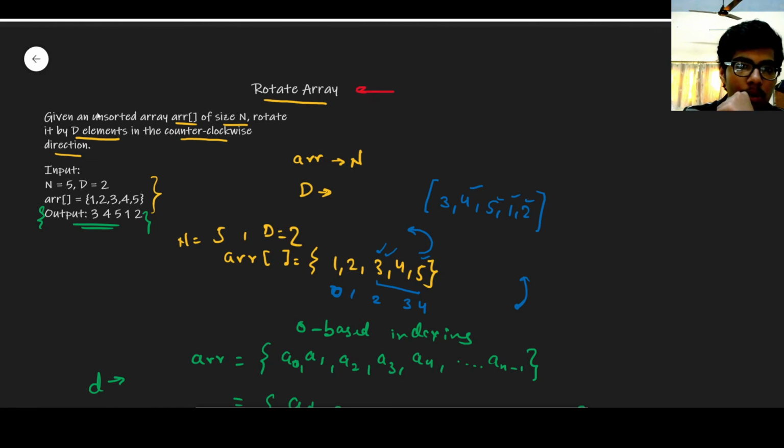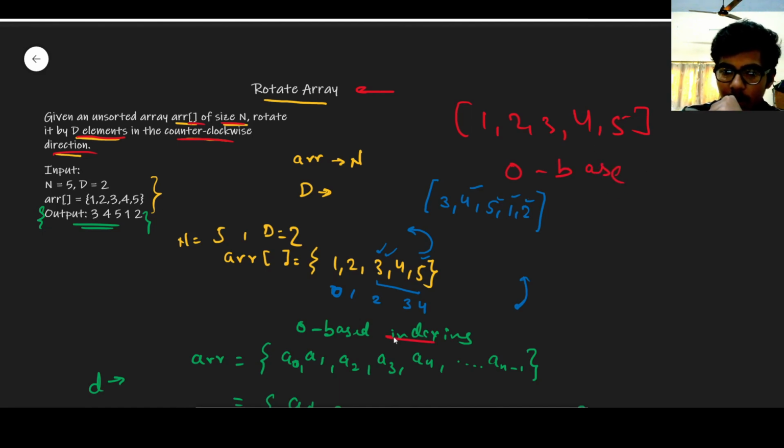What we have to do? We were given an array of size n. We have to rotate it by d elements in the counterclockwise direction. Okay. So for this example, we had 1, 2, 3, 4, 5, and it is zero based indexing.